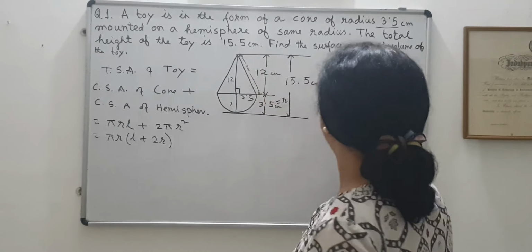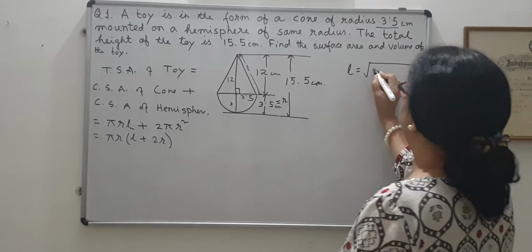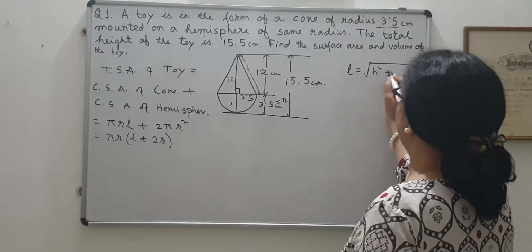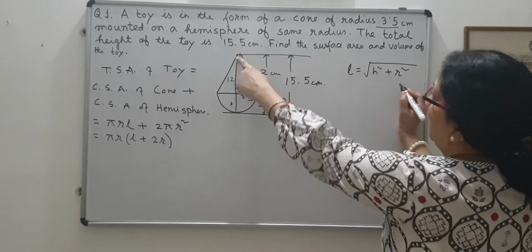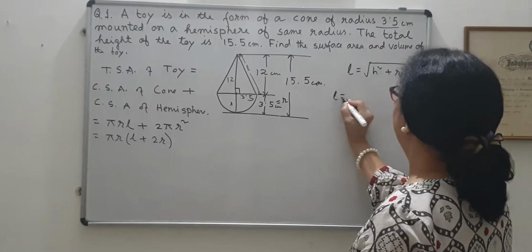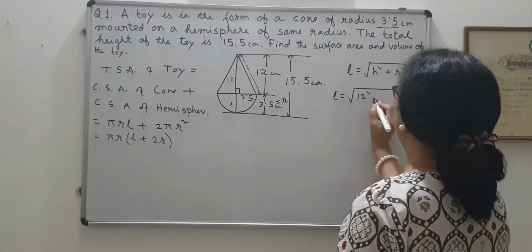But L is not known, so you have to find out L. So L is equal to under root, by Pythagoras theorem, a square plus r square. That, you know, is the slant height by Pythagoras theorem. L is the hypotenuse. So L is equal to, you see the calculation techniques, h is your 12 square plus